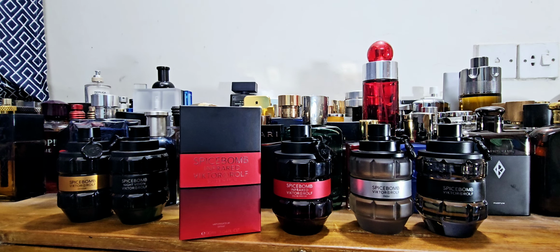The leather in this is kind of not so serious, like some of the Boss Bottled perfume, I think they used a leather note. You can definitely tell it's there, but it's not leather dominant, okay? Like some leather fragrances, like Davidoff Leather Blend, where right away it's a leather fragrance. This one, it's